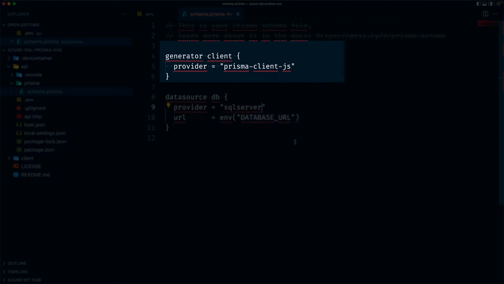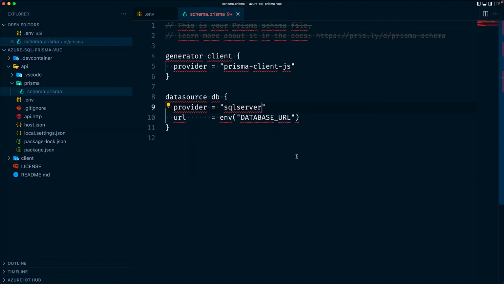The second block is the generator. A generator specifies assets that should be created when specific Prisma commands are invoked, such as migrate dev for generating migrations. Now, don't worry about this because we'll cover what migrate dev does in a future video. In our case, Prisma Client will be generated. Prisma Client is the library that's responsible for generating the TypeScript types based on the data model definition and creating a type-safe API for interacting with the database.